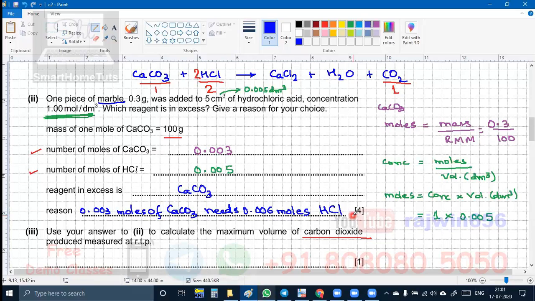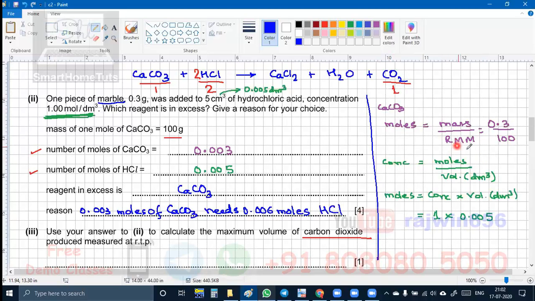So we don't have to show the whole method like how I showed for the reasoning. We just have to write the statement, because the method is what you are going to do on the blank page given to you at the end. To write all this, the space is not given here. I have created space just for your explanation. You're not supposed to write this because over here there is going to be the examiner space. Here you can't write anything in the paper. Got it? So RMM is grams per mole, right?